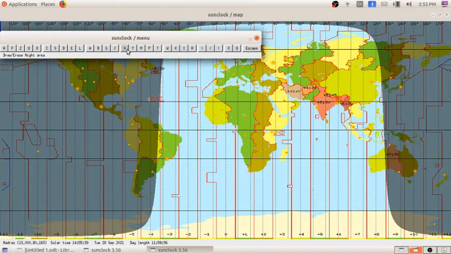So now you can see the day and night. Clearly you can see the sun and moon. Here it is night and here it is day. So here is the sun now, and the moon is located here. So the moon is going to come. Okay, that means within a few hours the day will be gone and the night will come in.